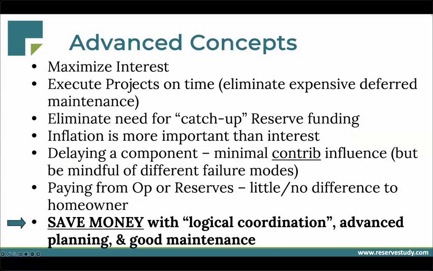Now, the last way to save money is going to be by batching your reserve projects together. When it comes time to complete your projects, think ahead and take advantage of ways to save money by doing your projects together, utilizing the economies of scale. If you need to paint your trim, paint your ironwork at the same time. If you need to seal coat your asphalt, perhaps paint the red curbs at the same time. If you're replacing the furniture in your clubhouse, consider replacing the carpeting and repainting the walls at the same time. If you can combine projects, you may be able to achieve better economies of scale and then save money for your homeowners.